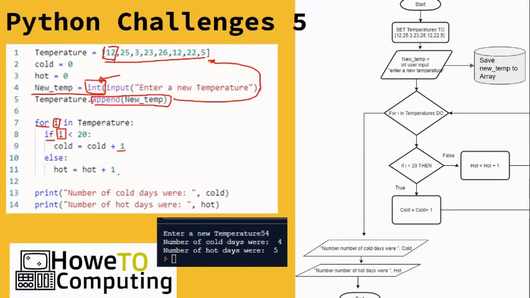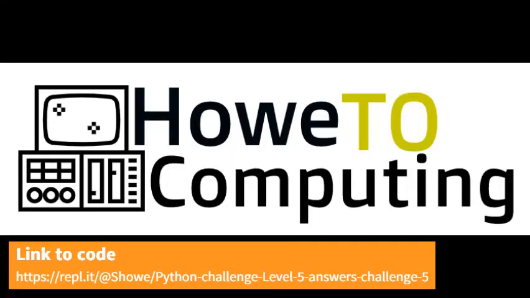And it's going to iterate through every single element of the array to figure it out. And then here, it should then output how many cold and how many hot days there were. So you can see here I've run it, and I've answered 54, and you can see from that there are 4 cold days and 5 hot days. So hopefully